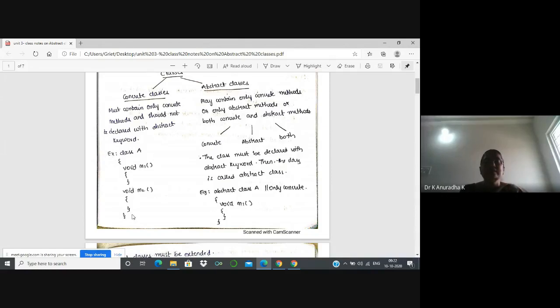So in this case we can say the class A is called a concrete class. Why? Because here the class A contains only concrete methods and the class A is not declared with abstract keyword. That's why it is called a concrete class.